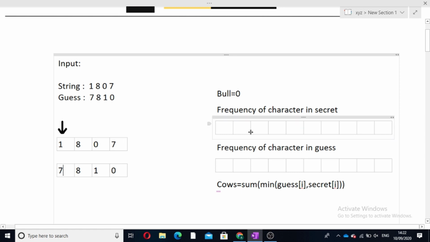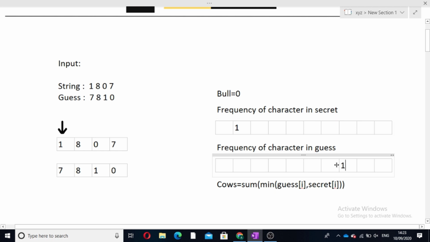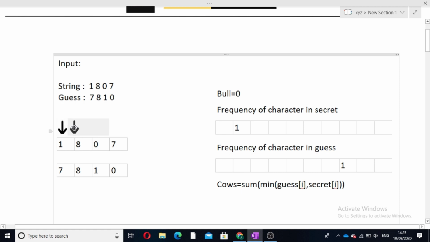At secret we have 1, so we will add 1 to our frequency array, and in guess it is character 7, so we will add 1 to our 7th index. Now our pointer will move forward.